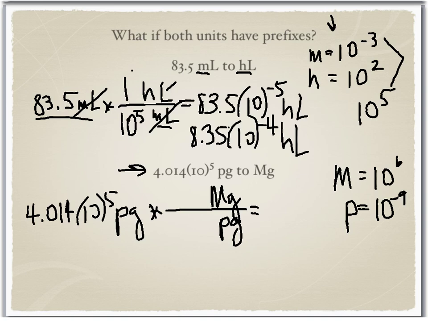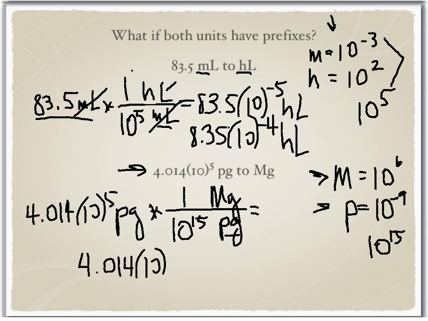So in the second one, I already have it set up. Picograms in the denominator. I know that mega means 10 to the 6 and pico means 10 to the negative 9. They differ by a factor of 10 to the 15. The 10 to the 15 goes by the pico since that's a lot smaller than mega. And so 4.014 times 10 to the fifth is going to be divided. And when you divide powers of 10, you subtract. And so that's going to give us 4.014 times 10 to the 5 minus 15, which is negative 10